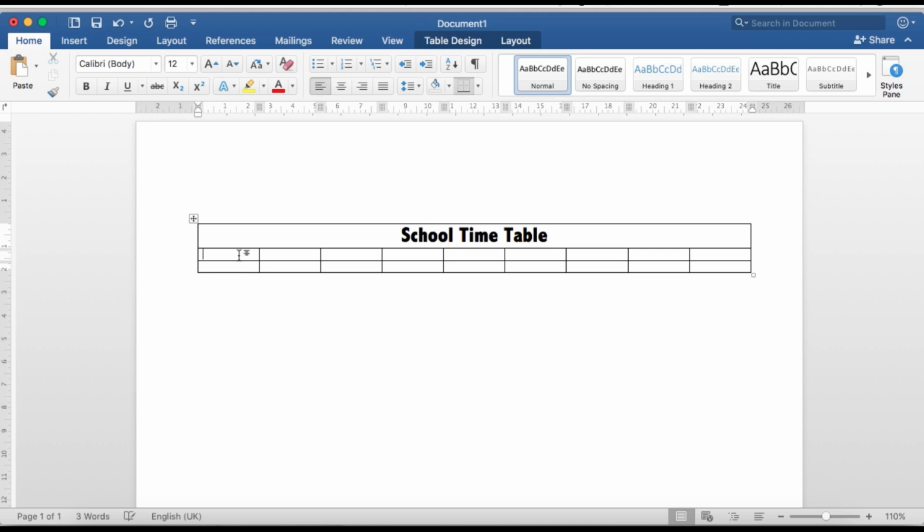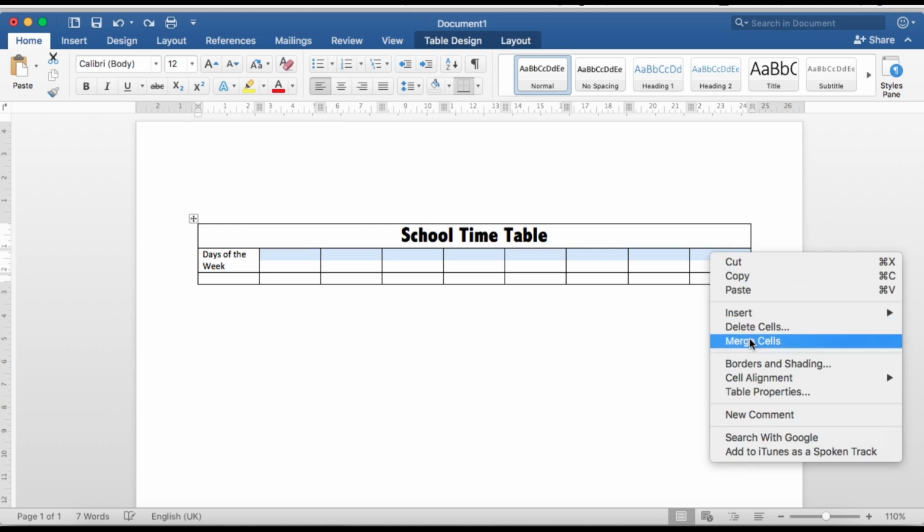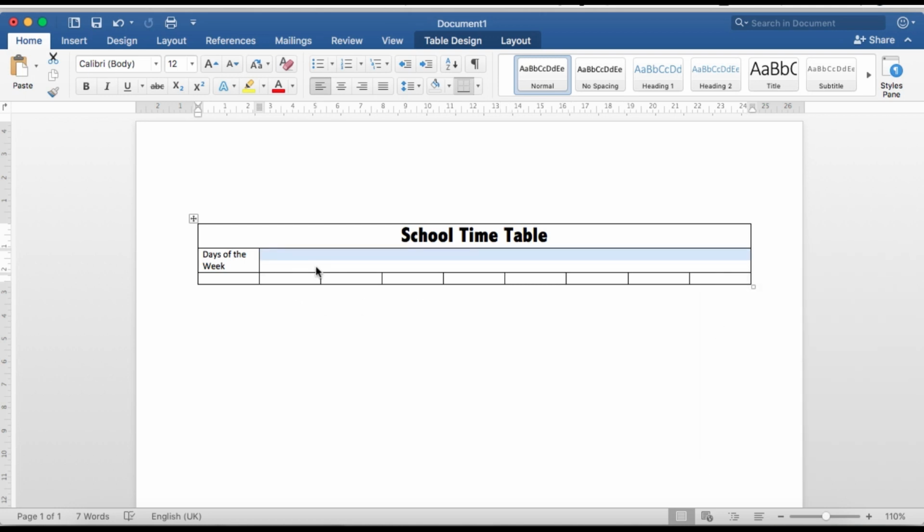Click the first cell, here you will be typing days of the week. From this cell to the end of row, right click, merge cells. Merging the cells will make all of this into a single cell. Press tab to go to the next column, type Monday here. Press tab to get a new row,